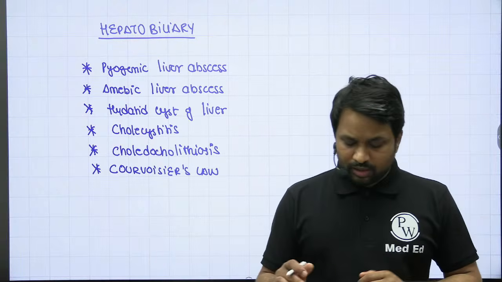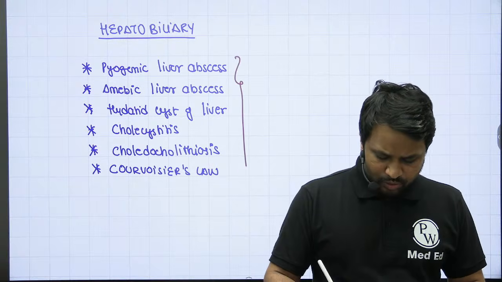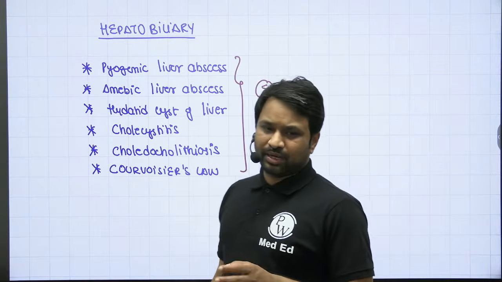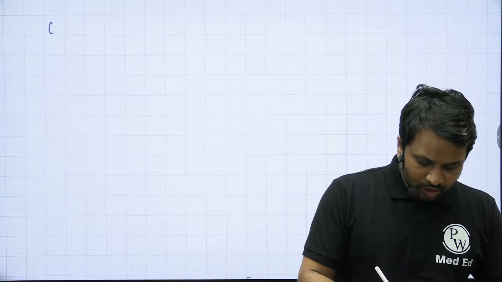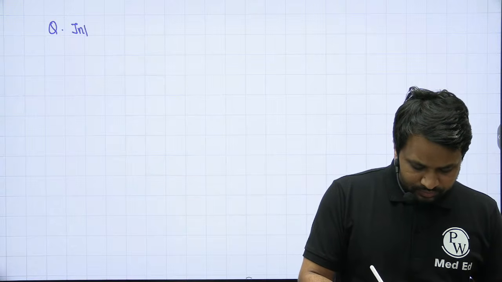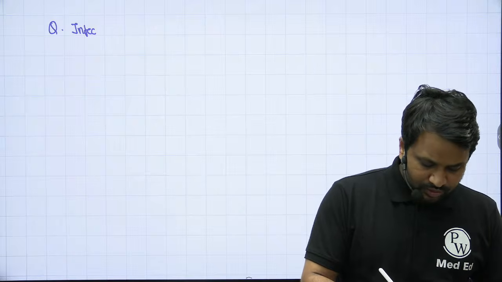The majority of the questions that come from the hepatobiliary are usually 5-mark questions. If a combination of two questions is given, they make it a 10-mark question. So we'll talk about the liver abscesses first. In all the infectious disorders of the liver, or I'd say liver infections,